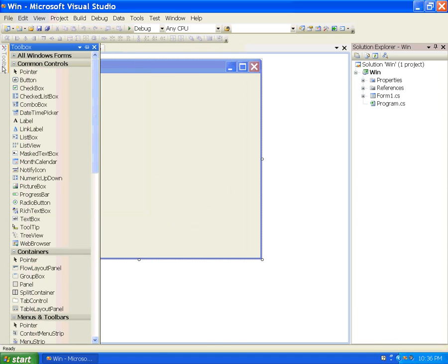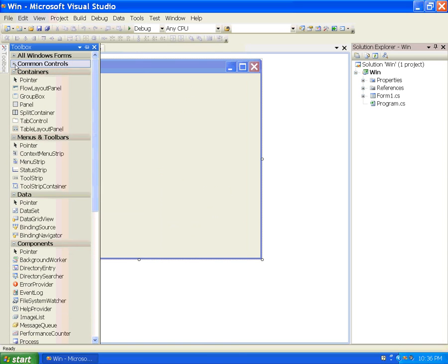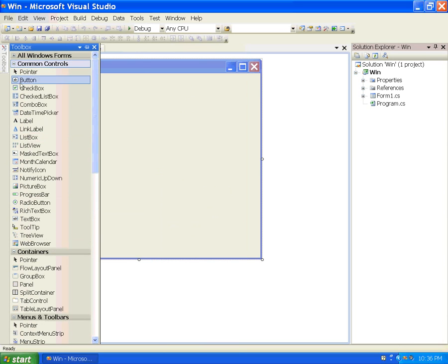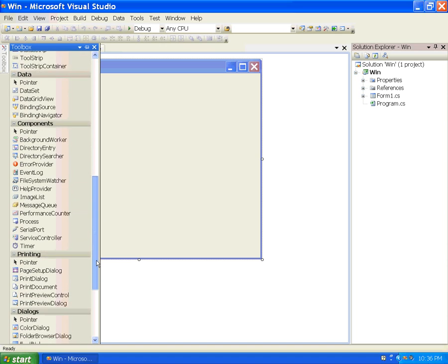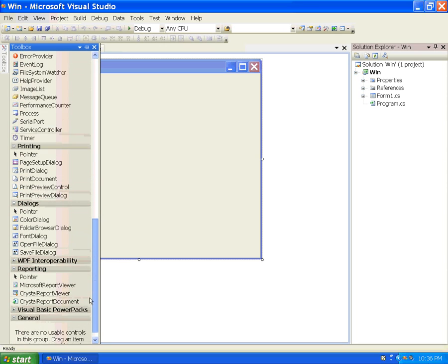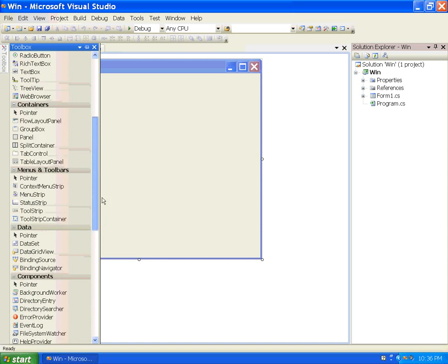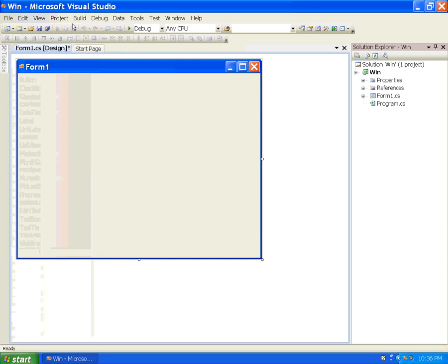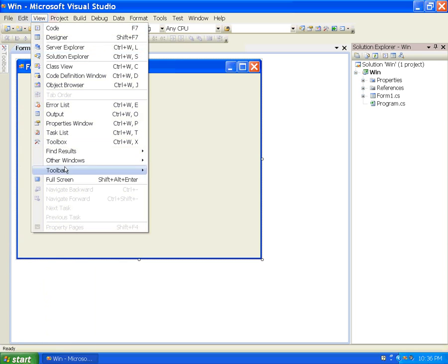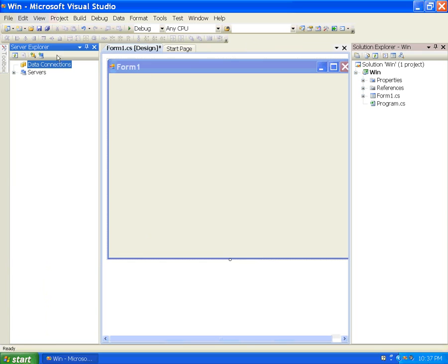Here we can see that there is a toolbox. There are many types of tools like common controls, and these are containers. We discuss them one by one. Another important part of .NET is Server Explorer.